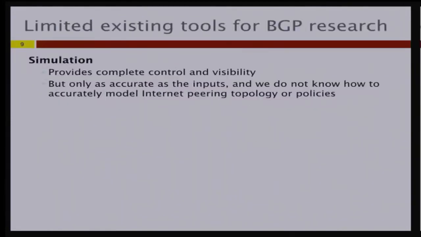Well, how do we do research today on interdomain routing? One way is via simulation or emulation. And the great thing about this is that you have complete control of your experiment and complete visibility into your experiment. But the experiments will only be as realistic as your ability to configure them properly. And we don't have enough knowledge about the internet's topology or about the routing policies in place to have effective simulations. The other main approach is to actually measure real routes using things like traceroute or looking glasses.